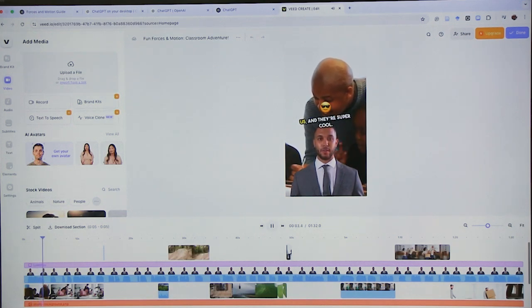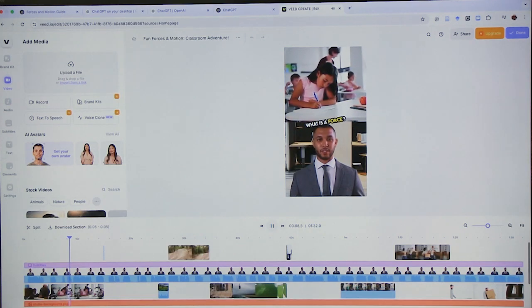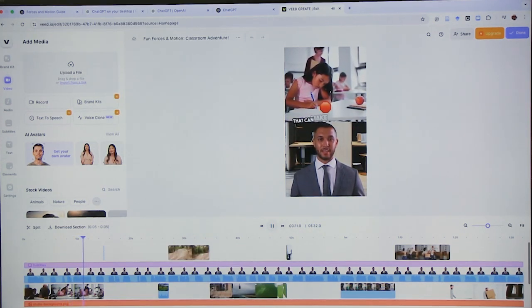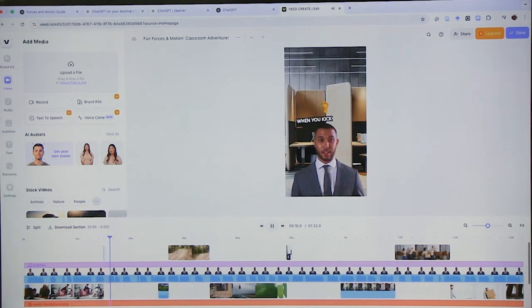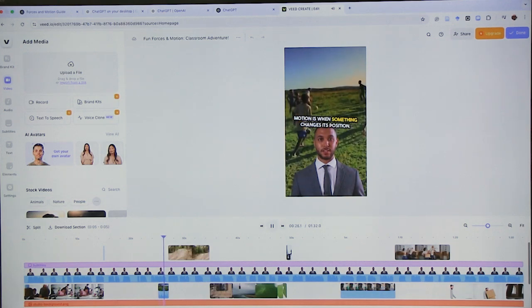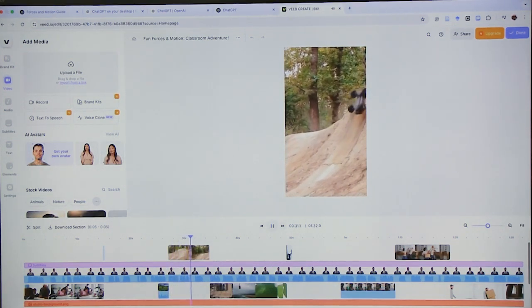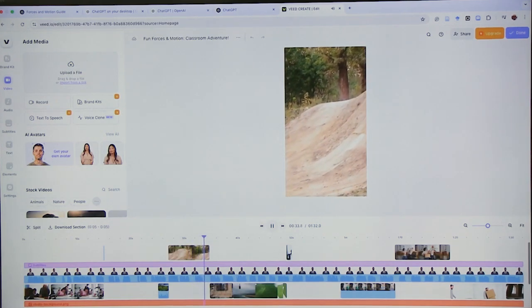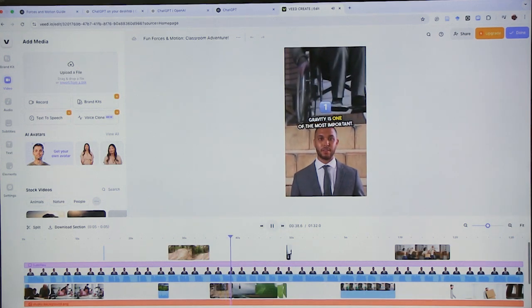Found us, and they're super cool. Let's dive in. First, what is a force? A force is a push or a pull that can make things move or stop. Imagine you're playing soccer. When you kick the ball, that's a force. It pushes the ball forward. Let's talk about motion. Motion is when something changes its position. If you roll a toy car down a ramp, it moves from the top to the bottom. That's motion in action. There are different types of forces. Gravity is one of the most important.